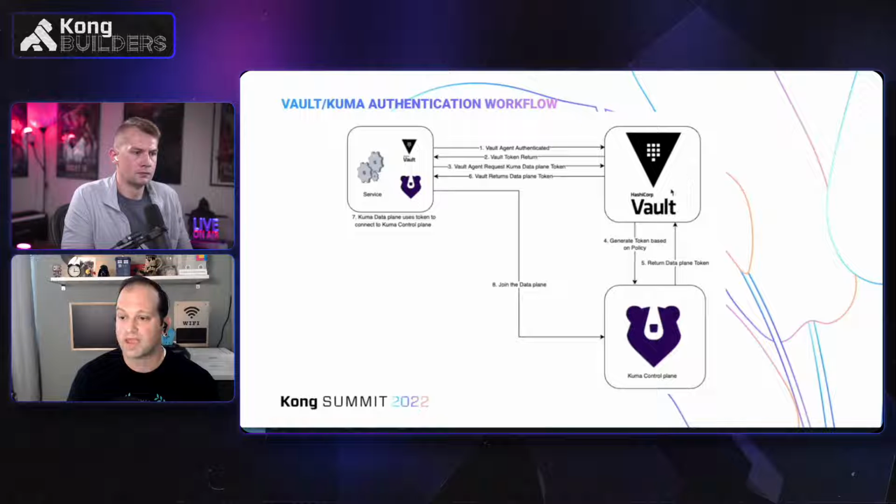On the back end, when we make that request for the dataplane token, Vault on our behalf goes and uses an admin token to generate the control plane token and then returns that back and proxies that through. What's cool about Vault is that it keeps that in memory. It doesn't ever actually store the token. So it maintains its secrecy the entire time. So only this user will end up with that token. Then they can use that token to join the data plane, obviously.